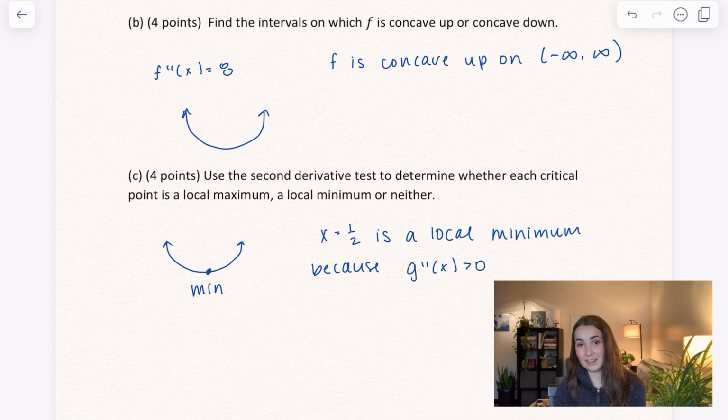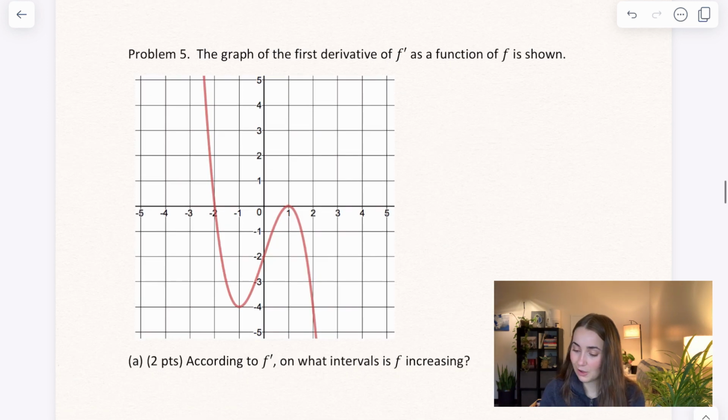And we have the reasoning is because it's concave up, right? Okay, so here we're given the graph of the first derivative, and our first thing is to show what intervals